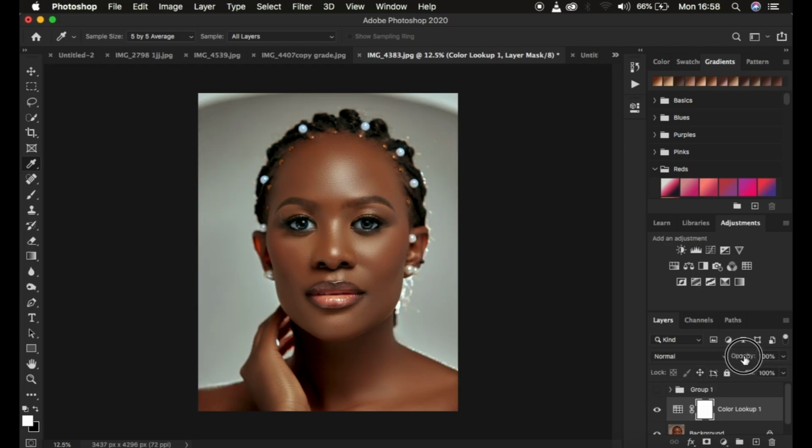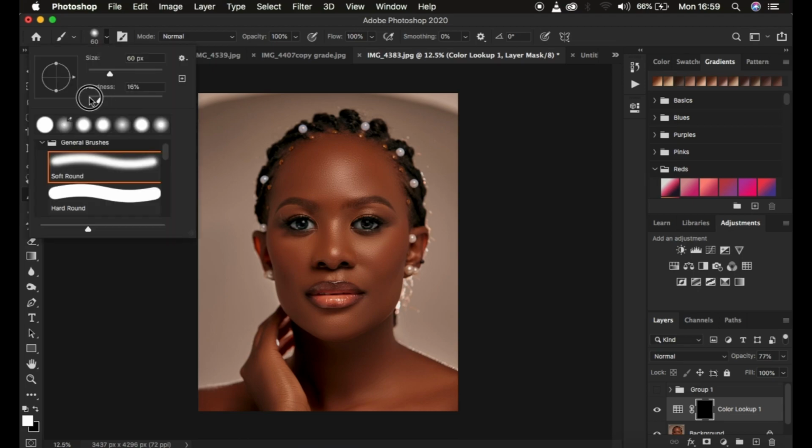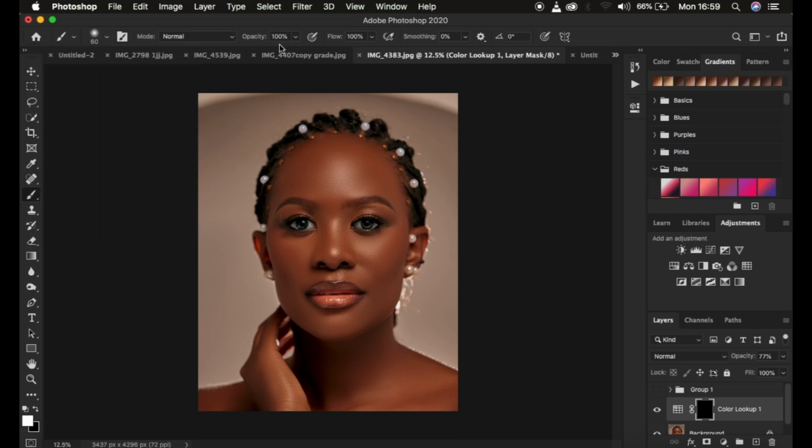When you feel like it is too much, you can always turn down the opacity for your color grading. Or if it is also affecting the background, you can press Ctrl I or Command I on the keyboard to invert the color grading, and get the normal brush tool, making sure the hardness is set all the way to 0, and the opacity and flow at 100%, with black and white as the foreground and background colors. You can reset by clicking on these 2 icons right there,